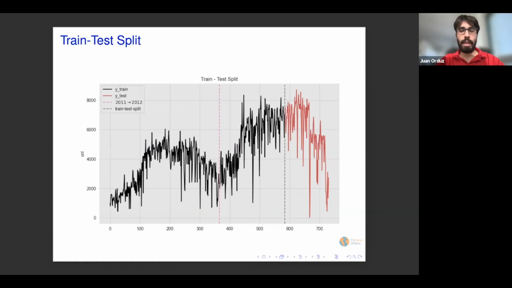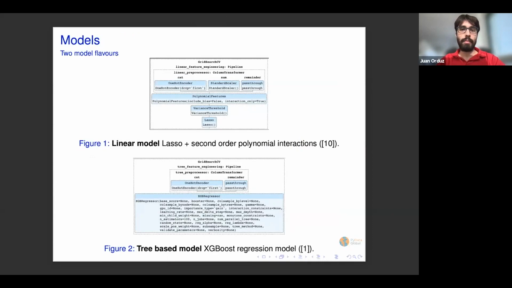So for this simple exercise, we're going to do a very simple train test split of our time series. The black line is going to take about a year and a half of training data, and we're going to test a couple of algorithms out of sample in this red line, which is the very last end of 2012. Again, it's very important that as we are working with time series, we cannot just randomly shuffle the data.